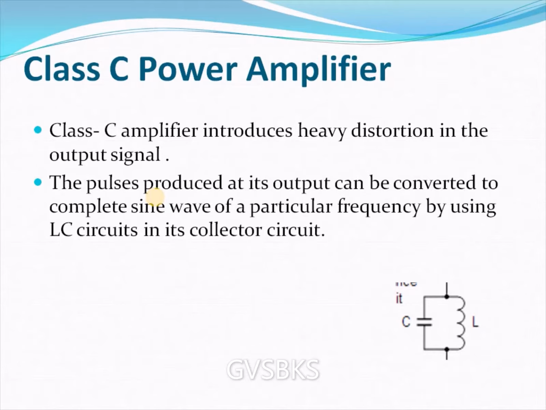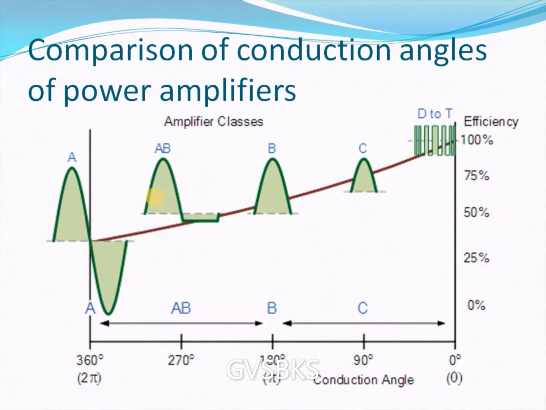So let us see the comparison graph between all the power amplifiers. This curve will separate the positive half cycle and the negative half cycle. Let us see the class A type of power amplifier output. The complete sinusoidal signal, which means the 360 degrees signal, will be reproduced at the output side. That is about class A. If you go for the class B type, only one half cycle is reproduced at the output side and the remaining half is not reproduced, because the output will conduct only for the half cycle.